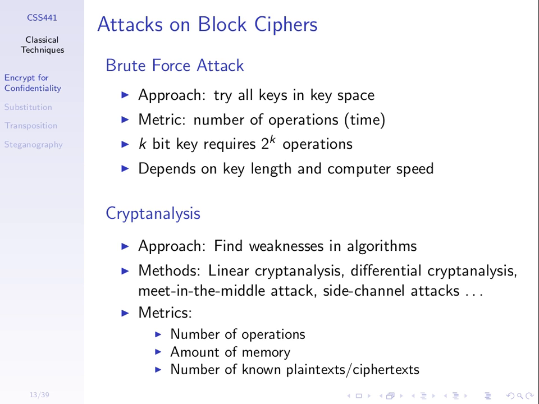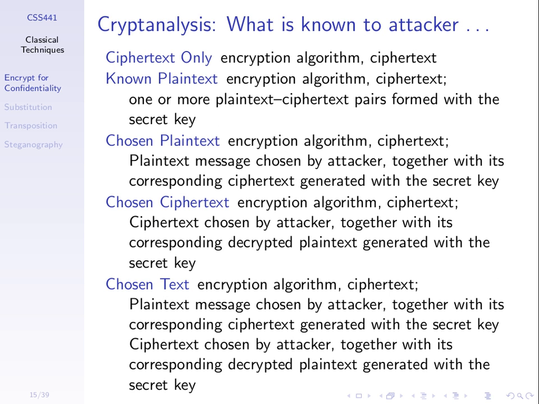But most of the attack algorithms also use some storage to perform the attack, to do the operations. So the amount of storage or memory they use is important. The more memory they use, the worse the attack. And they may make assumptions about known plaintext and ciphertext. The more they use, the worse the attack. The next slide, I think, talks a bit more about what's known, but for today, I think we'll skip that. We'll return to this when we look at some real ciphers and talk about different types of attacks.